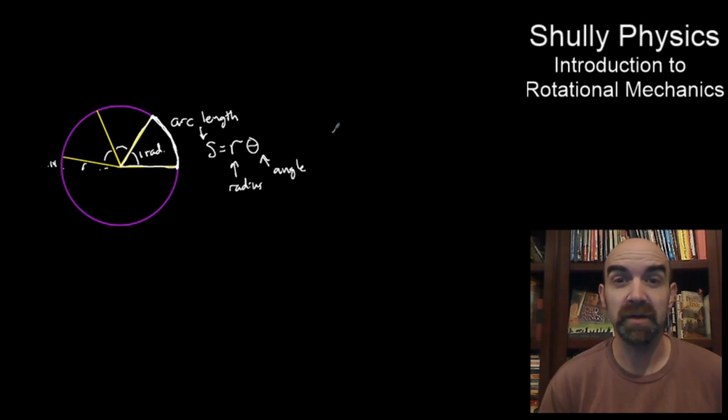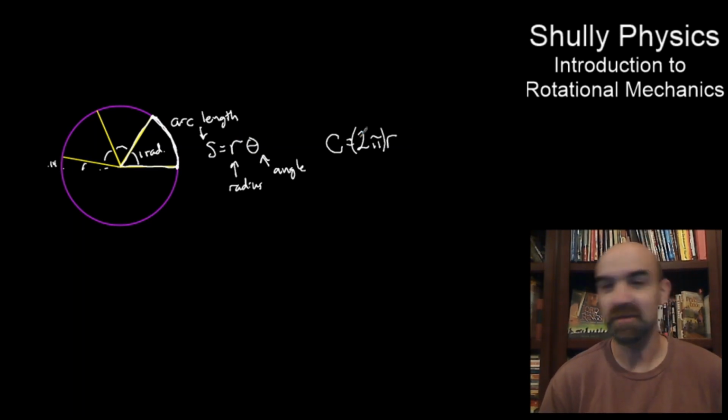The arc length from one point on a circle around it back to the beginning again, that arc length is the circumference. And you might recall that most people remember this one instead of the arc length formula, but that's 2 pi r. It's 2 pi radians times the radius. So that's our 2 pi as the angle times r. This is the circumference formula right there for a full